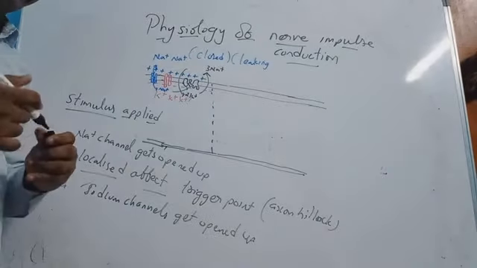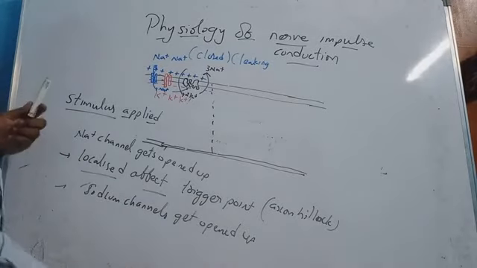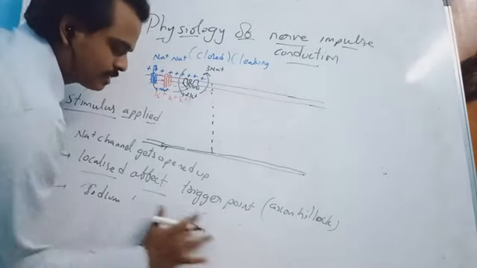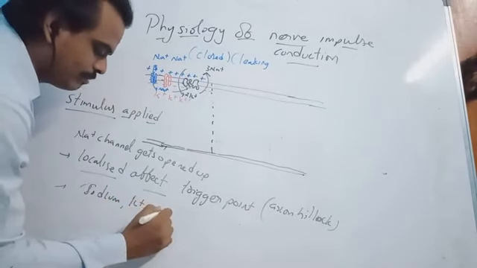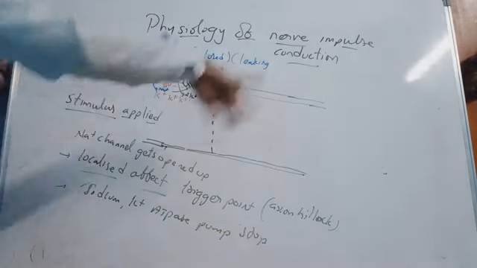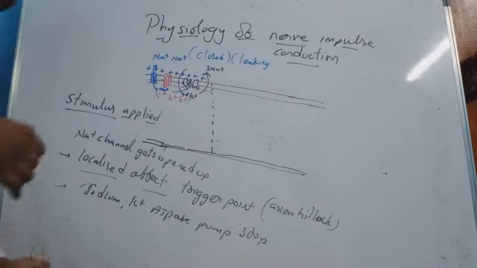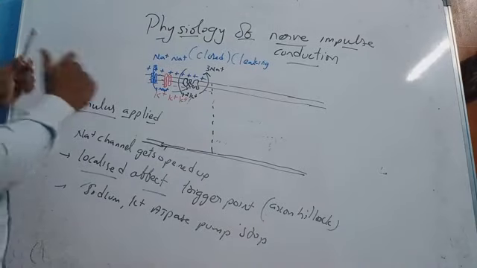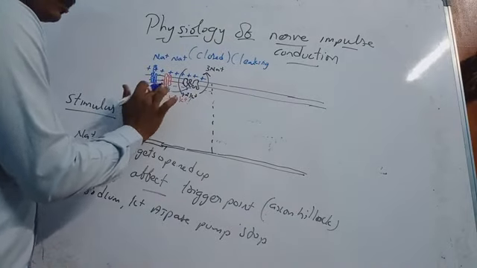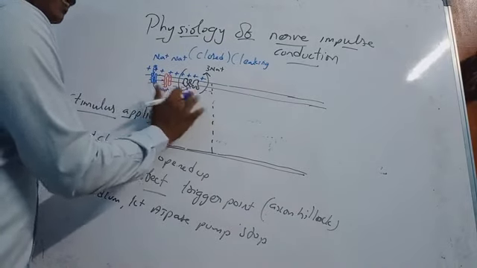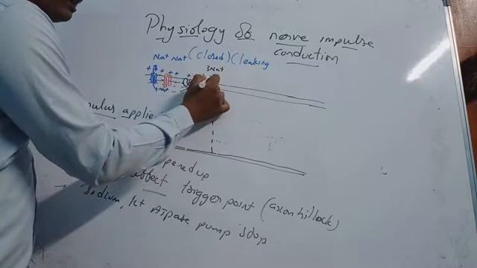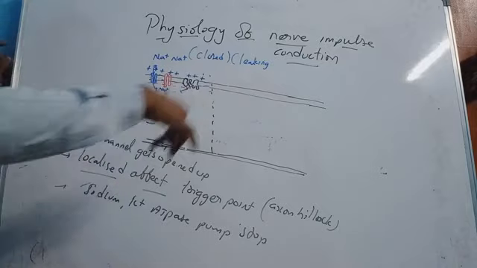Remember, there is no change in the potassium channels now. Potassium channels are just the same, but the main point I have to say is the sodium potassium ATPase pump stops. That means the sodium will not be flushing out. Sodium stays inside. So this pump has stopped its function. There is no function for this particular point, so there is no influx or outflux by the pump.